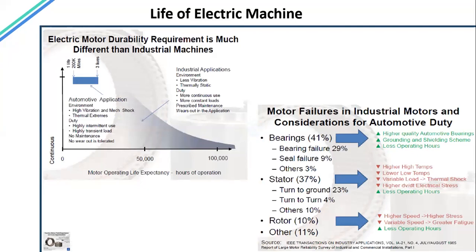Thermal consideration, like how well we cool the machine. And how we arrest different failure modes, like these are the different failures that happen, and those we have to reduce to the best possible numbers. So we have to set these numbers when we start designing this electric machine. So you can see how we can reduce this turn to ground, turn to turn. What are the ways that we can overcome this or eliminate this, if not